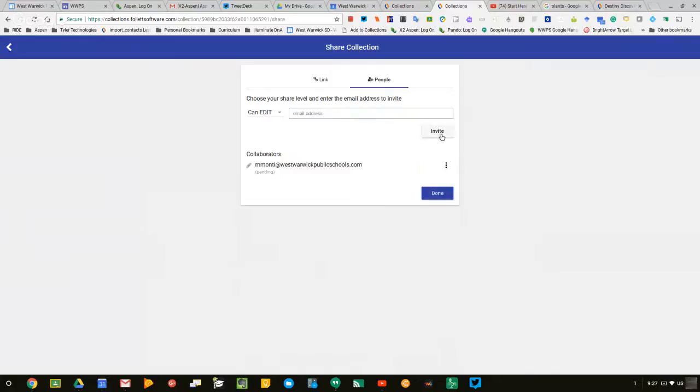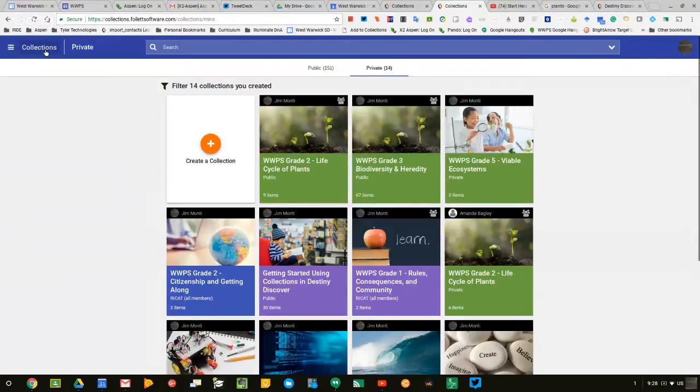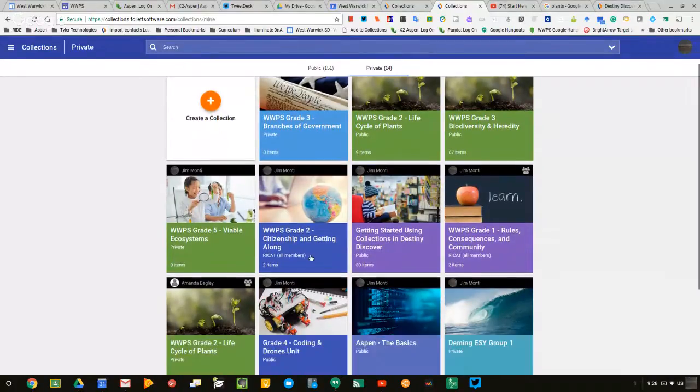And click invite. That's going to send an invitation to this collaborator, Monty, and it's going to give them editing rights. So I click done, and that has been shared with that person, with Maria, and she can go in and accept the invitation via email, and that collection is going to show up in her private list now. So that will be a private collection that she can actually make changes to, but she doesn't have access to